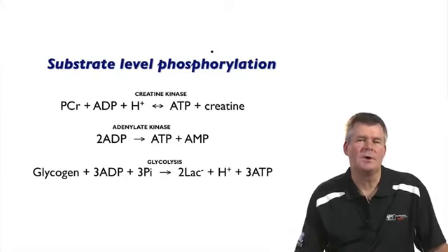AMP can be broken down further to a compound known as IMP, and that has implications, particularly during high intensity exercise, for fatigue, and we'll come back to that later on. The other important series of reactions is glycolysis, whereby glucose molecules, either from muscle glycogen or from glucose in the bloodstream, is broken down in a series of reactions to pyruvate